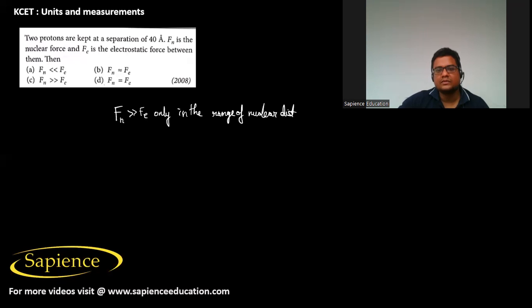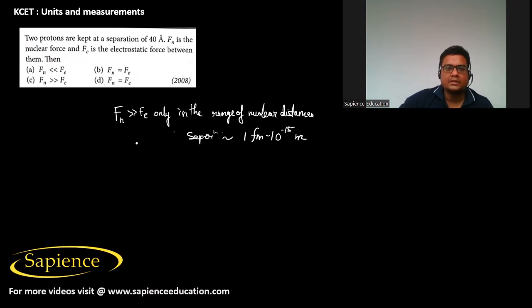It means that if the separation is of the order of 1 Fermi or 1 femtometer, that is of the order of 10 power minus 15